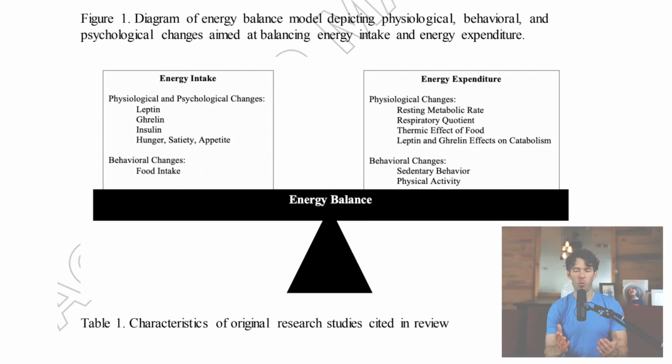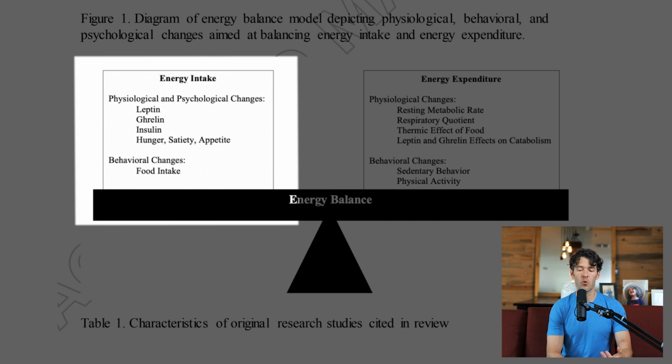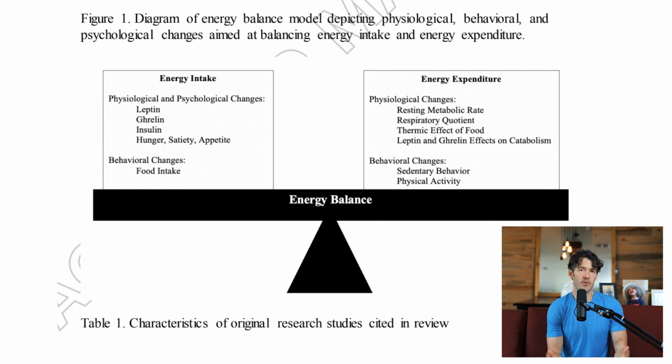So as we look here at what is regulating energy intake and energy expenditure: on the energy intake side, there are various hormones. There's insulin, there are various hunger and satiety cues stemming from the brain, there's leptin, there's the hormone ghrelin, and there are just habits, right? You habitually eat certain foods at certain times and you crave these foods, these intangible things that are very hard for people to break. Those are all things regulating energy intake that can be perturbed. For example, a few bad nights of sleep can disrupt leptin and cause individuals to feel more hungry than they normally are, and they actually crave more processed, hyperpalatable junk foods.